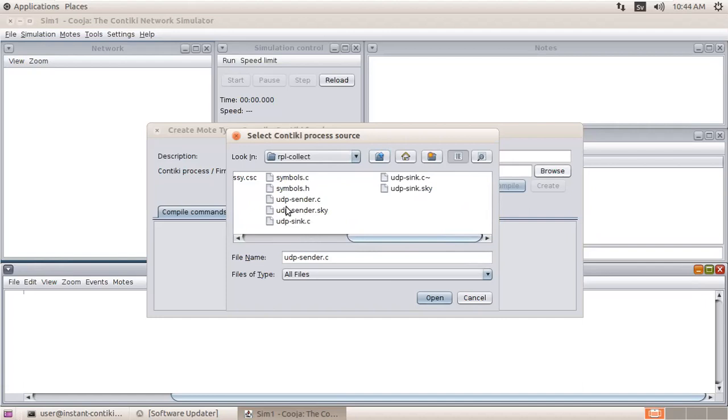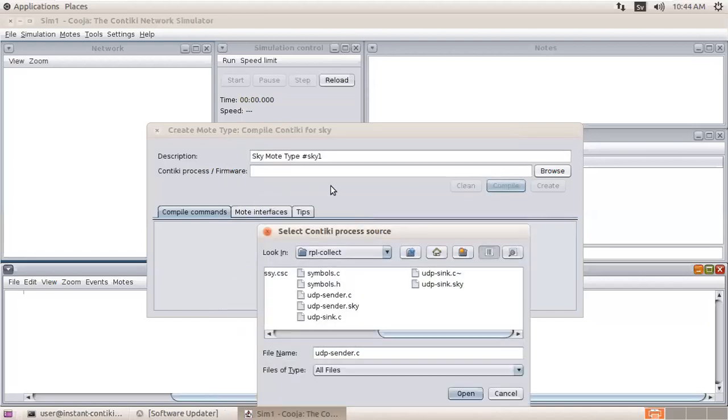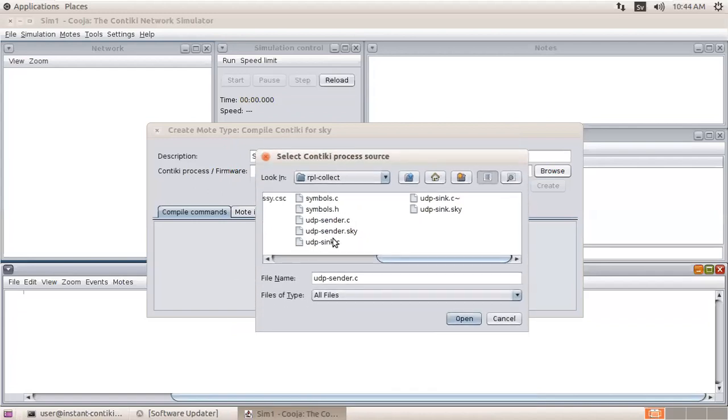So what we will do is UDP sender and UDP sink, and you can see the extension of these files is .c. So what it means is that this firmware is basically written in C language, right? So as we have used sky mote, we can convert this sky mote into these two types of node.